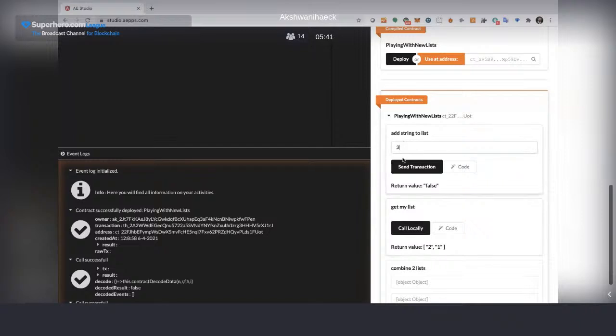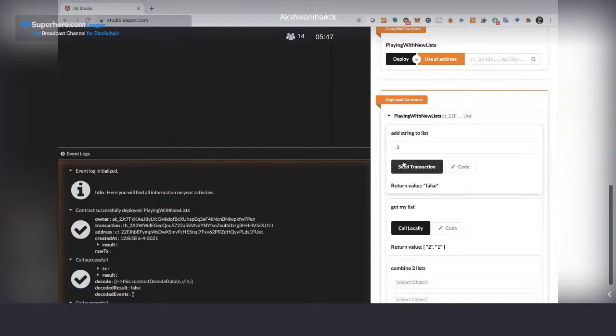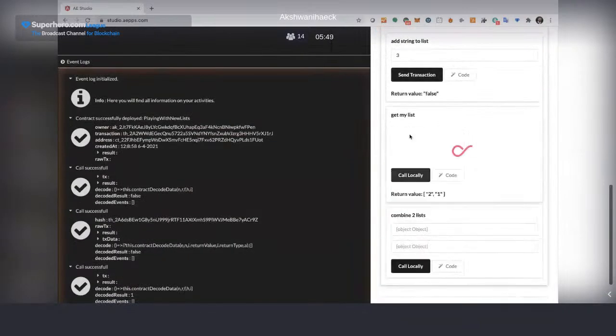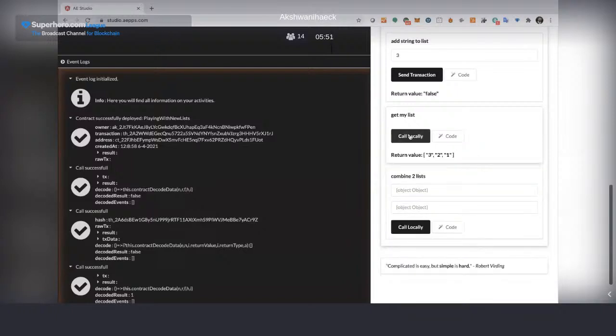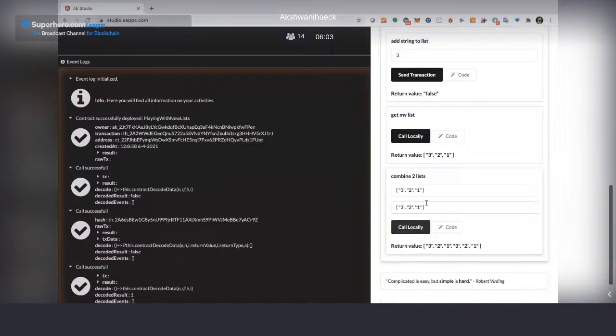As you can see, it's adding the element at the beginning of the list. Let's try this just in case. I usually don't try it this way. Awesome.